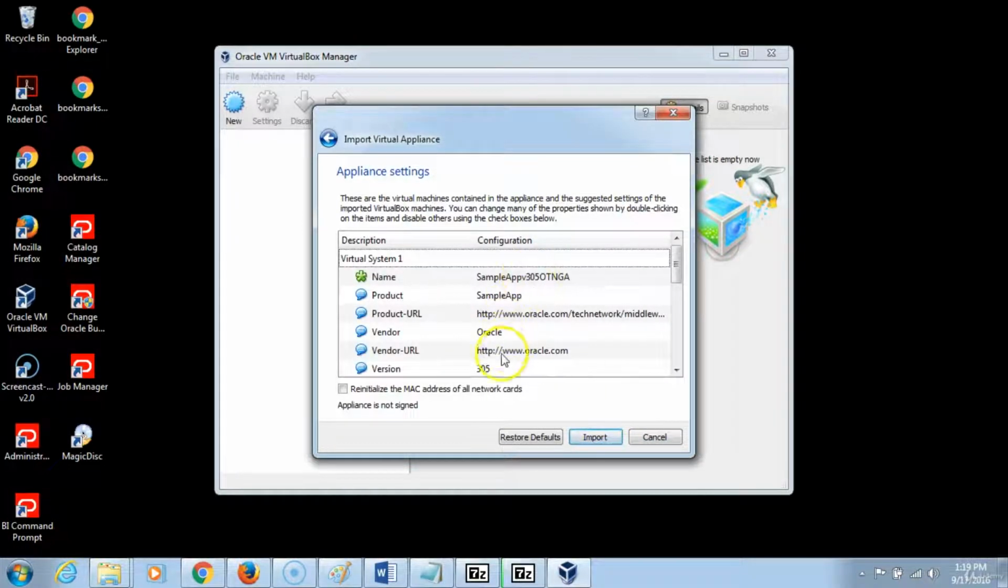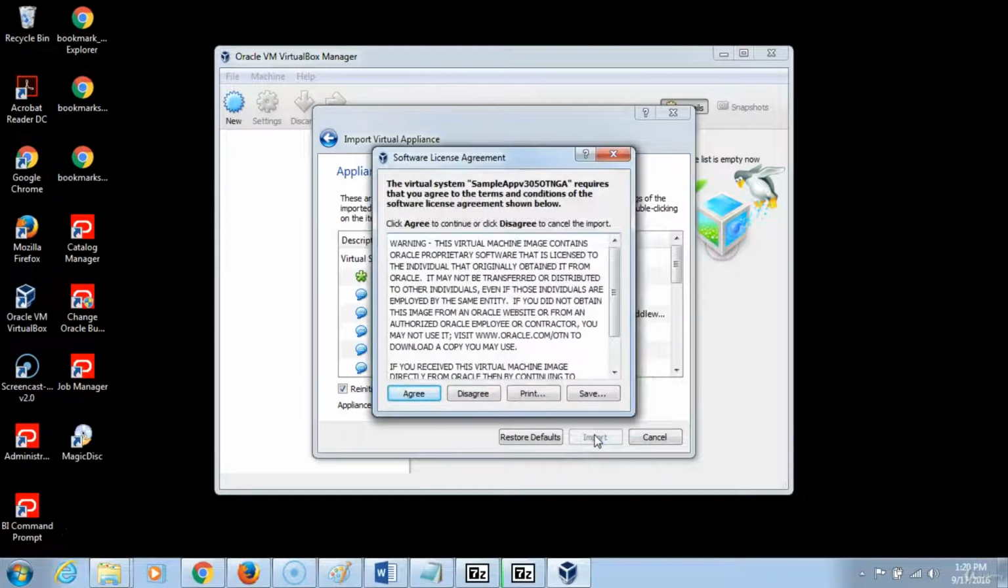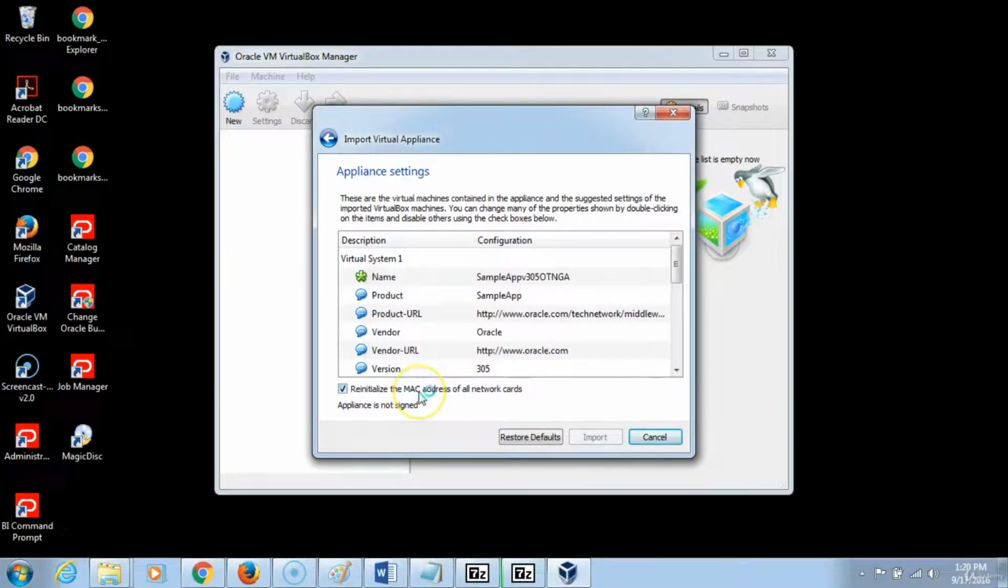Once you get to this point, click to reinitialize the MAC address of all network cards. We're using the host machine, so we don't need to make any additional configurations here. So just click on that option and then click Import. You agree to all the terms,